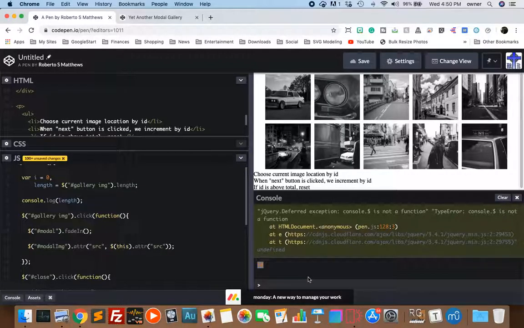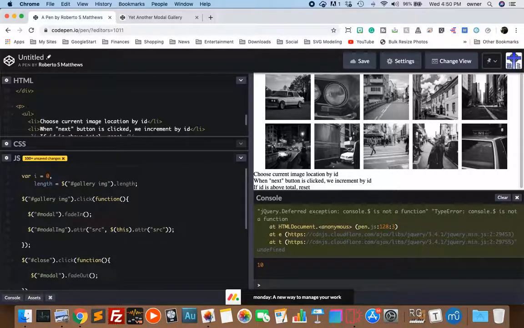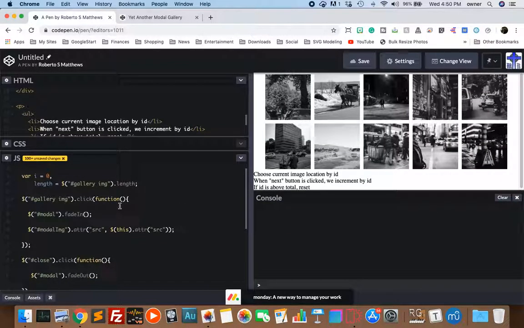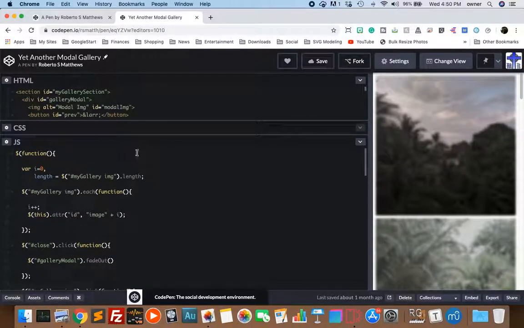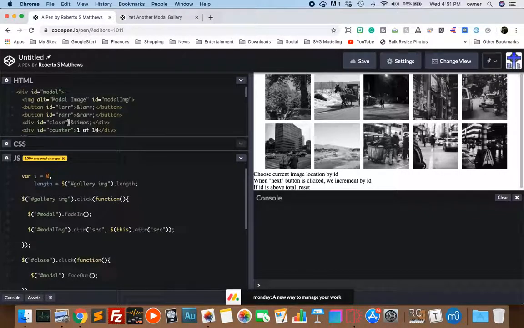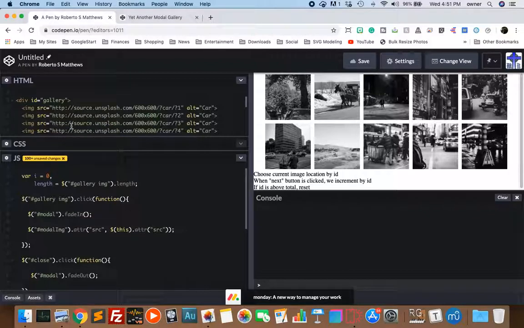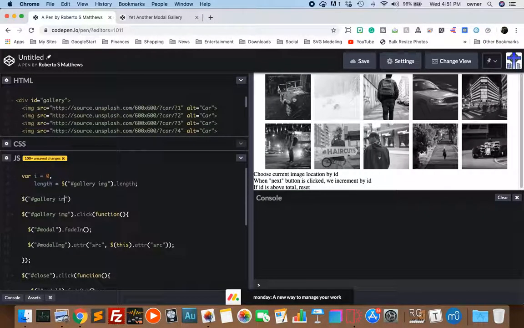Now, a pretty cool way to do that is, we don't need this anymore. We've already done our check. The pretty cool way to do that now is we're going to create IDs of each one of these pictures. We're going to give each one of these pictures its own ID based on its number, where it is. So what we're going to do is go to the gallery, to each image,